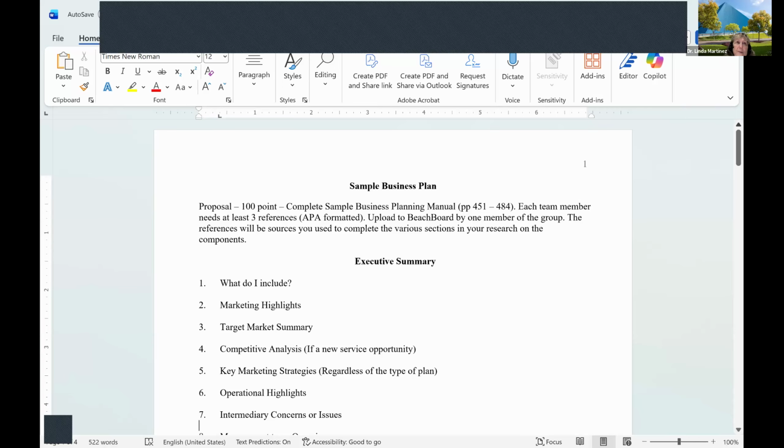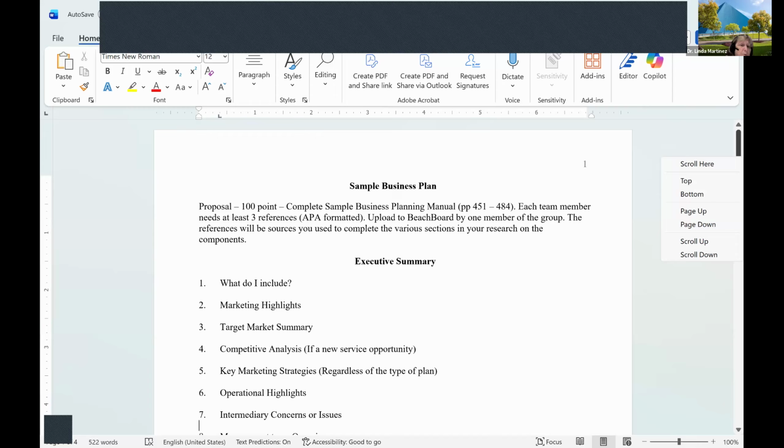Your references, remember, in APA are alphabetized, not in the order that you used them, but alphabetized overall at the back. And every single one needs to be referenced inside the text also. Now, a little explanation. I have y'all do this because it's a big part of marketing is knowing how to promote your business. This business plan is actually in the back of the marketing book. That's where I got it from. And so it's a big part of the class.